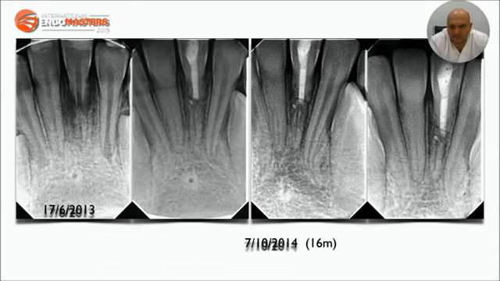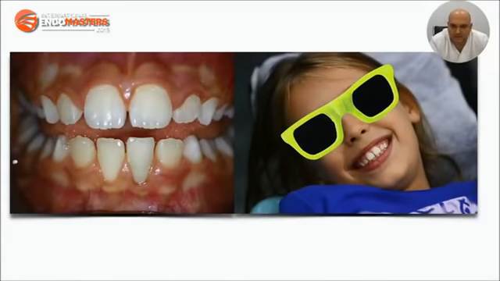Healing is evident, no signs of ankylosis, mobility within normal limits, no probing depths. Little Nafsika is happy, we are happy,